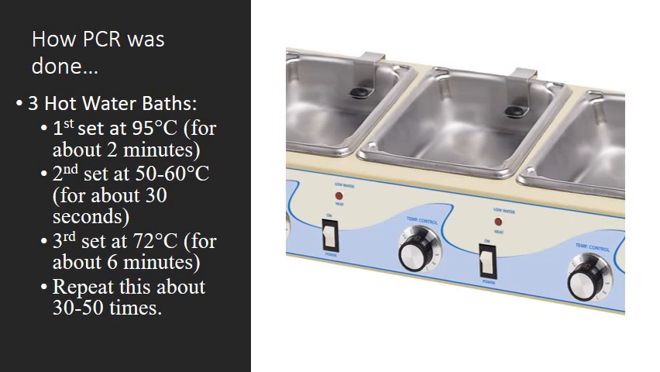And then you're there for about 30 seconds. Okay, and set it for 30 seconds. By the time that person sets it for 30 seconds and gets it going, it's probably time for you to go ahead and switch it out to the next hot water bath, right? So you switch out to the third one, at 72 degrees Celsius, and then it's got to wait for 6 minutes. And so you're sitting there waiting forever, it seems like, for you to complete one cycle